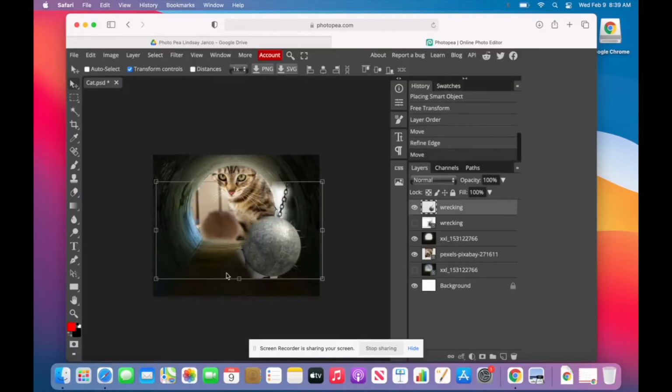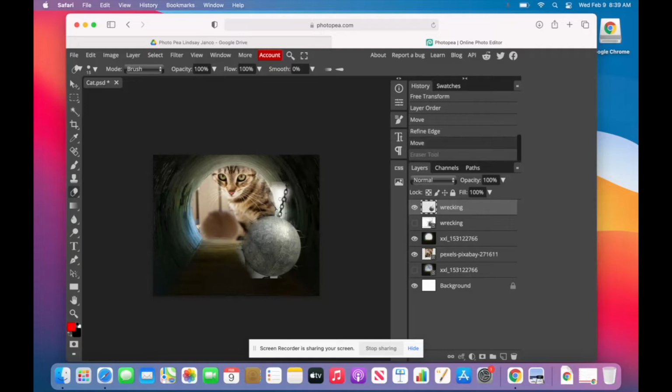Now, you can see there's still a lot of stuff around the edges of my wrecking ball, and I want to erase that. So I'm going to come over here to my little tools, and so far we've only used our move tool here, but I'm going to select this one right here. This is the eraser tool. I'm going to click on that, and I'm going to be able to erase anything. Now, I didn't do a very good job there, so I'm going to Command Z, Control Z,